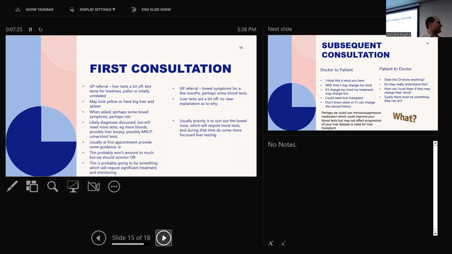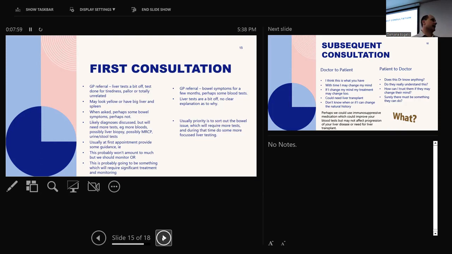Or, look, I think this is actually something pretty significant, and we're going to have to really look into this more. And there is a very real chance that we're going to find something that will need some more monitoring, etc. So on the left-hand side here, this is the people who are referred with, if you like, a liver presentation of this. An alternative referral is perhaps the GP refers with primary bowel symptoms, maybe blood in the stool, etc. And the GP might have done liver tests and they're a little bit off, but nothing too bad.